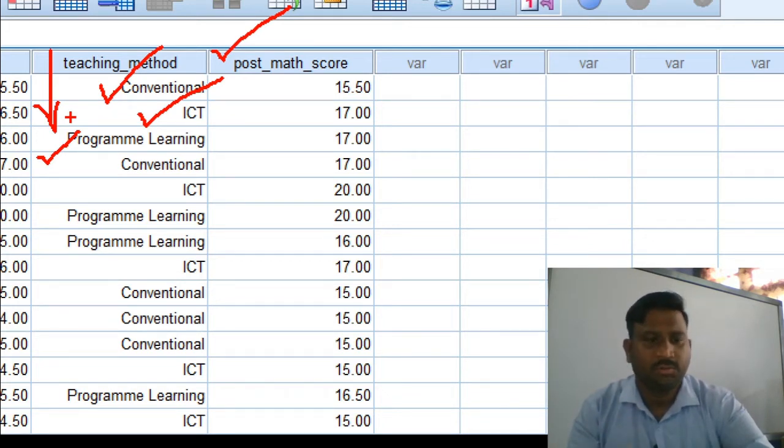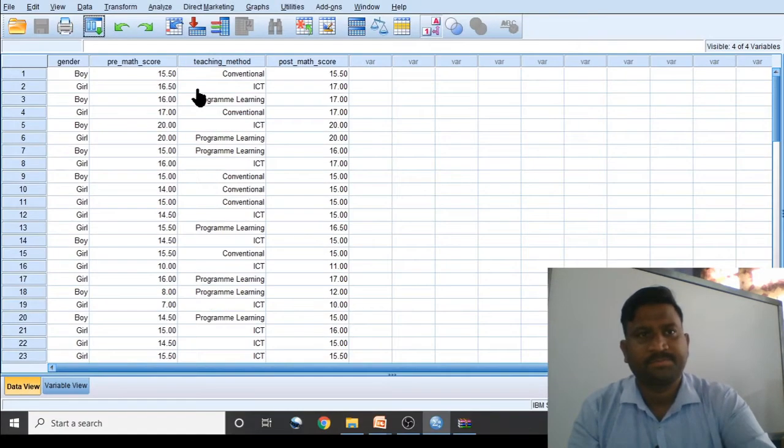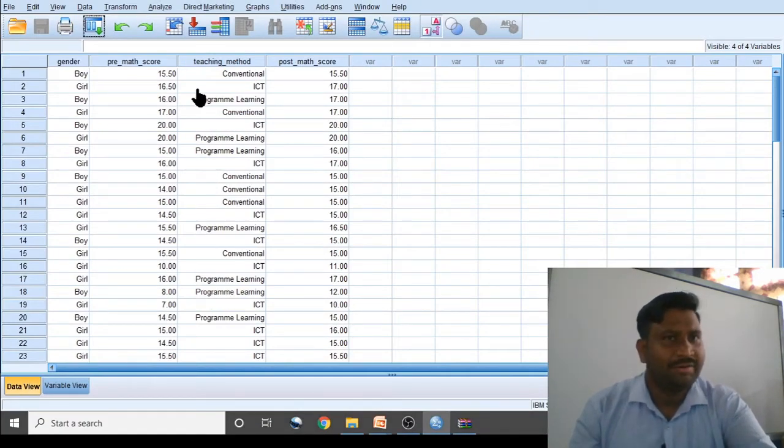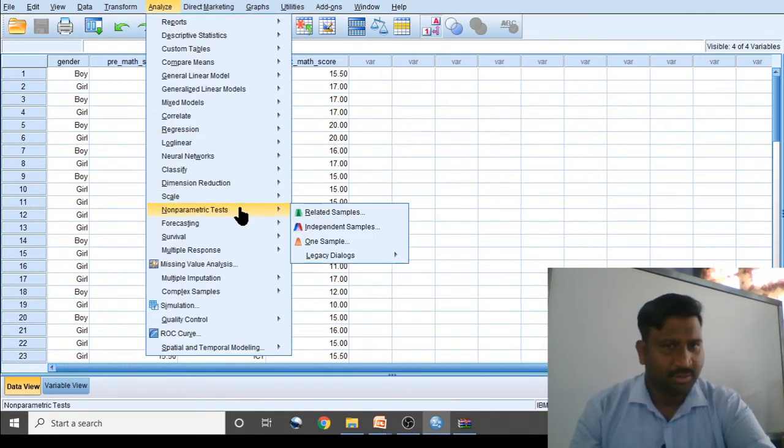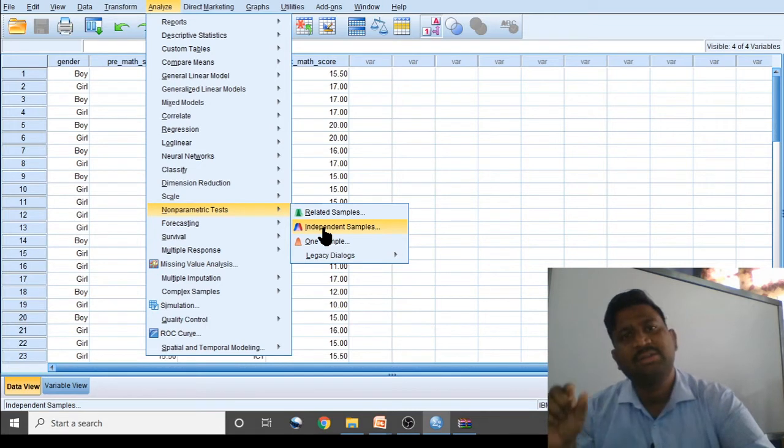So let us move towards Analyze. We know our analysis is done with the Analyze option. It is a non-parametric substitute for one-way ANOVA, so we will go to Non-parametric Tests, Independent Samples. Independent samples means the boy who is taught with one method is independent of the boy who is taught with another method.